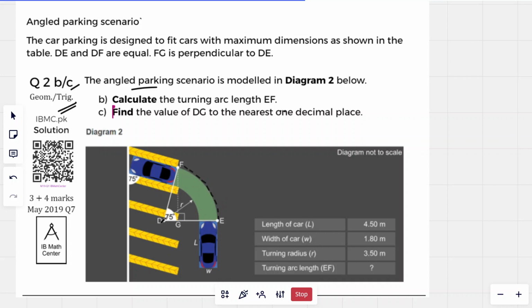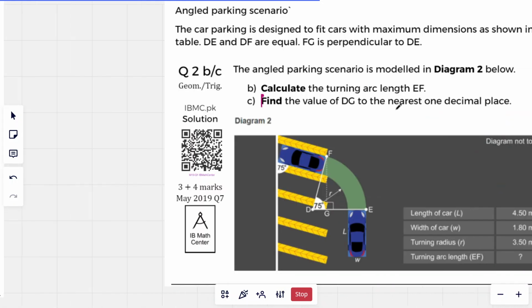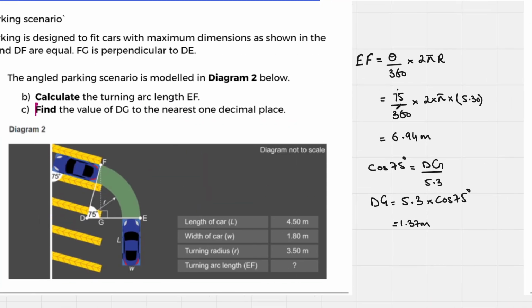The radius D to E is again R plus width of the car that we found in the last part. The value of R is 3.5 and the width of the car is 1.8. Adding that up gives us 5.3. The answer to the first question is 6.94 meters, and the answer to the second part, part C, is 1.37 meters. For those who are here to look at the solution, please feel free to pause the video here